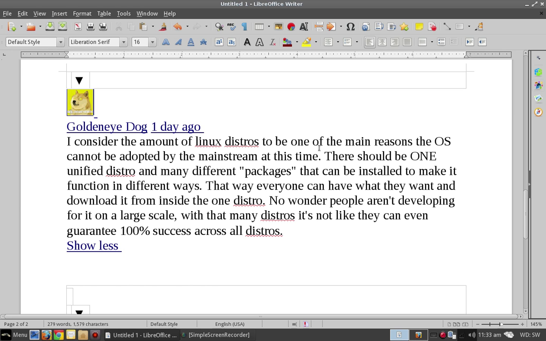So yes, it's part of the eccentricity of the Linux community, and it's just kind of the way it is. But with the acceptance that Ubuntu-based distributions are getting, it doesn't matter right now as long as you stay within that ecosystem. And in the Ubuntu ecosystem, one of the reasons that I use it is because there's so much software available either in the repositories or the PPAs that's easy to maintain and updates itself. I love what Arch Linux does. I love Manjaro. I think Manjaro is a great distribution.